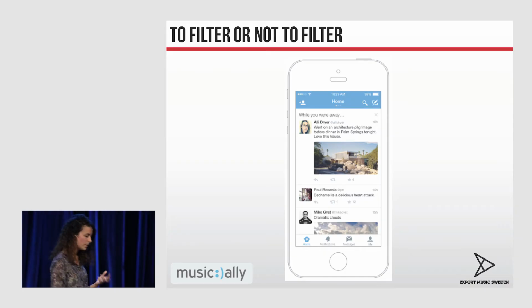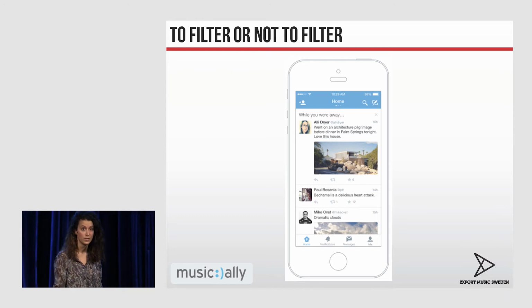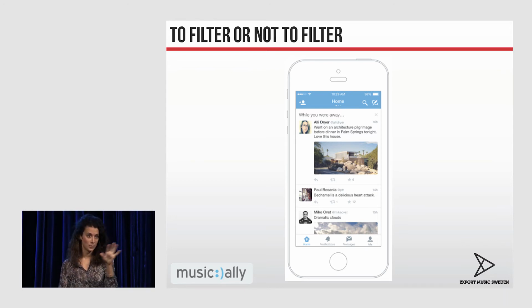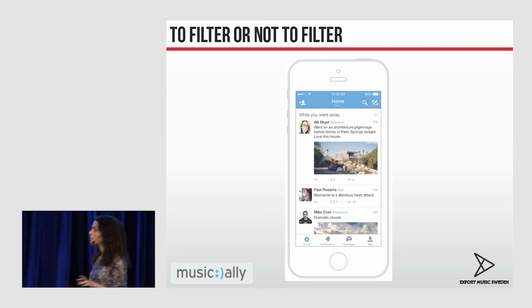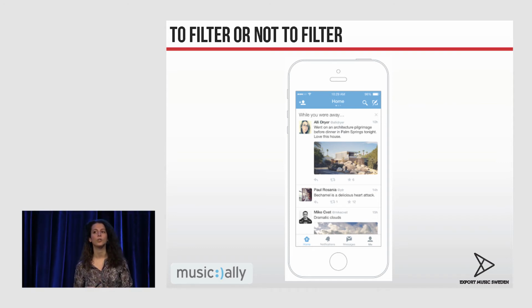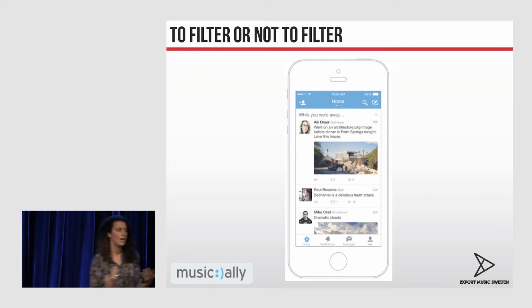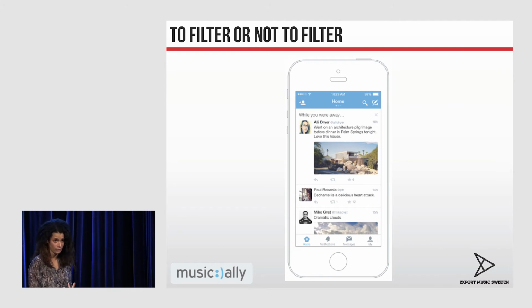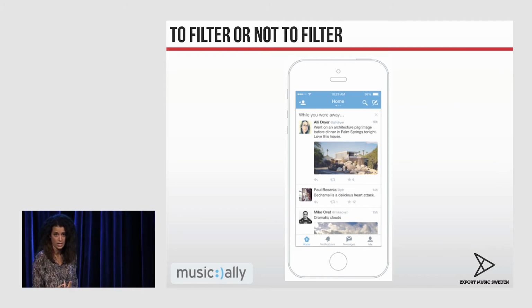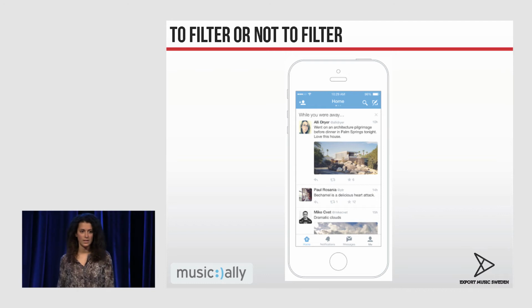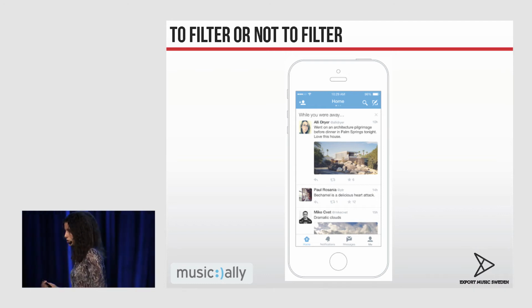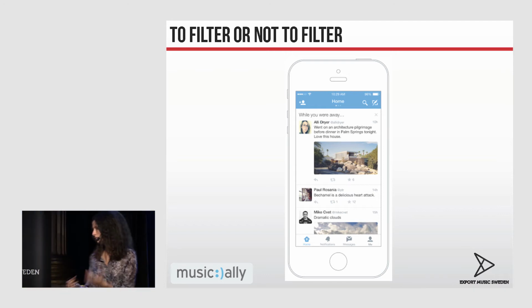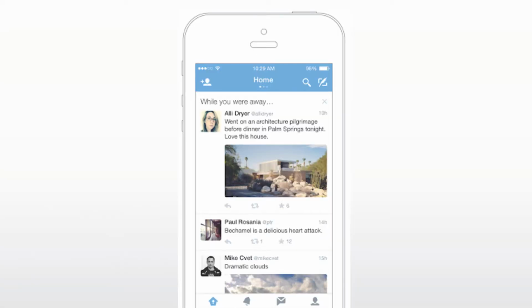Good point. So the problem with Twitter is because there's no filtering, there's loads and loads of tweets going out, and I am going to run over time, so we're going to deal with that in a minute. There's loads of tweets going out, and therefore it's really overwhelming. So Twitter's struggling because if they start filtering like Facebook does, then they're just going to turn into a 140-character version of Facebook, which is not sexy at all. And if they don't filter, they're not getting new consumers. So they're trying to find a middle ground,